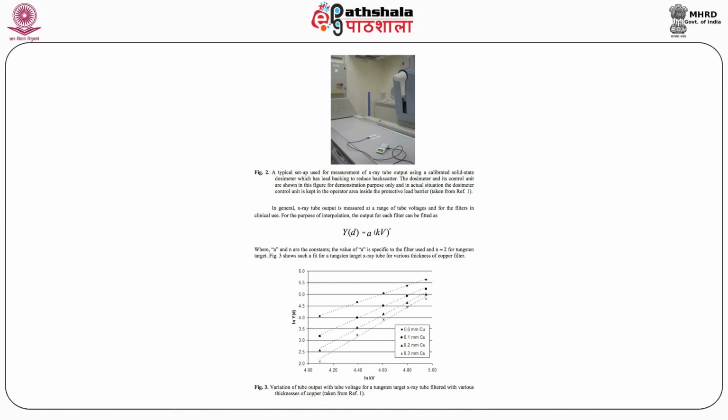Linearity means if output has been measured for a given set of parameters, say for example 70 kV and 50 ms, and the machine has the capability of operation up to maybe 500 ms or 600 ms, and if one operates this machine at 100 ms, then whatever output I have measured at that kVp with 50 ms, if I try to see the output at 100 ms, it should be exactly double.